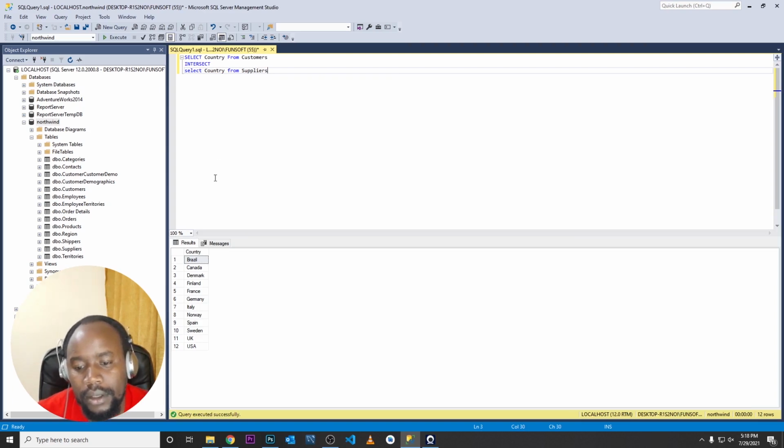Execute this one. So this one returns only countries that are common, that appear in both tables, in both the customers and the suppliers. Right. That's the intersect, how we use the intersect clause. Next, let's look at how we use the IN